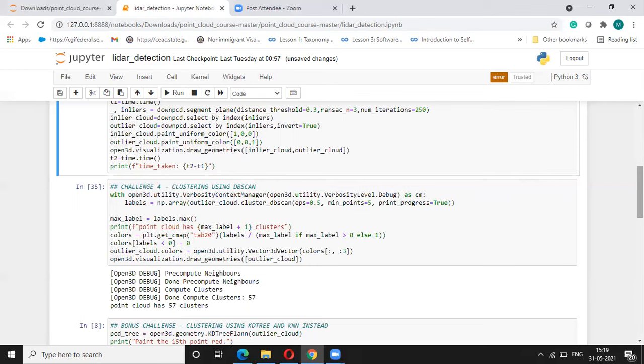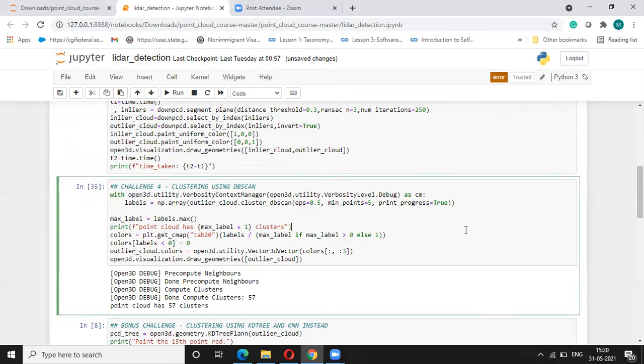And we will do it for all those points and see how many points are part of that inlier variable. What we are basically trying to do is repeat this again and again, and we are trying to get the best fit using this RANSAC algorithm. So the RANSAC algorithm is just to find outliers in our data, and then we select the indices, store them in an inlier cloud and an outlier cloud, and then visualize this. So that's how this RANSAC algorithm works.